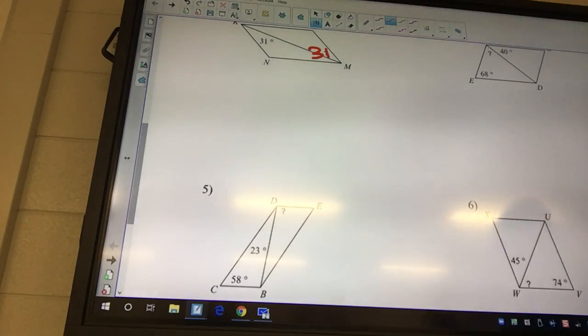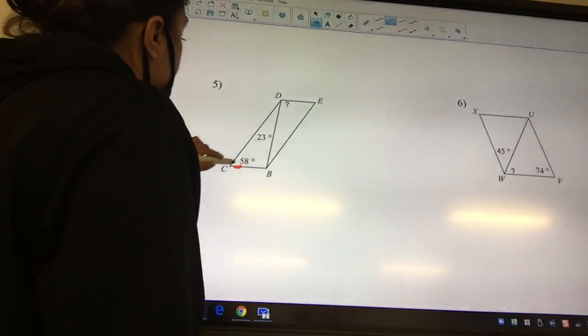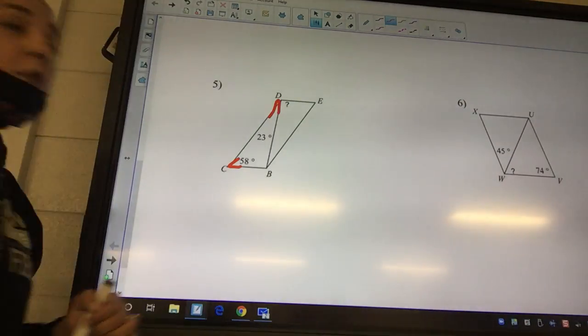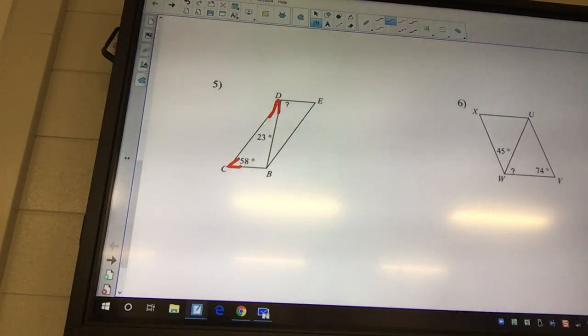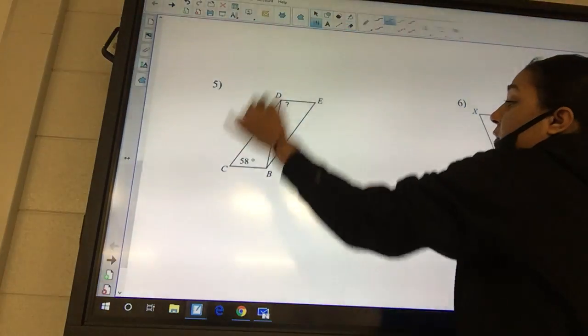All right. So, yes, it is the same as Friday. Wait, what? Okay. So, I mean, it's not the same, but. Okay, look at 5. We have one of the angles, C right here. And then we have this D, and then we have a question mark. Are those on the same side or opposite sides? Same side, so they add up to be what? 180. Okay, so we can take this 58